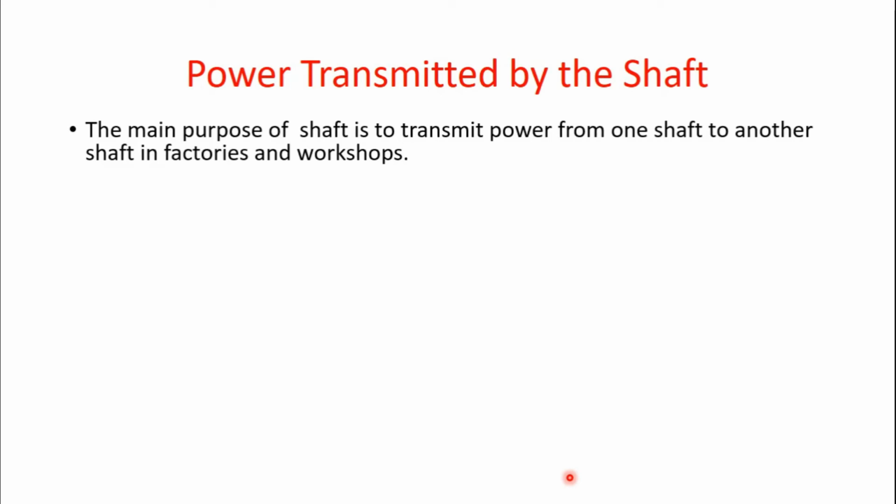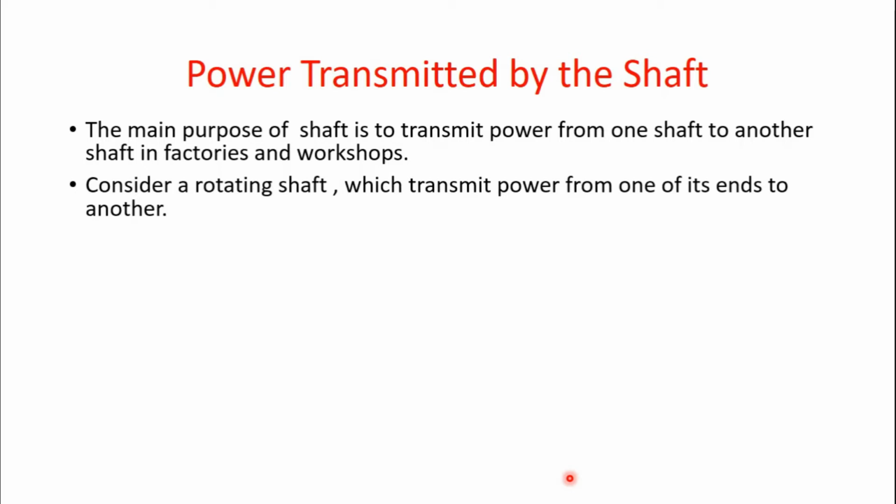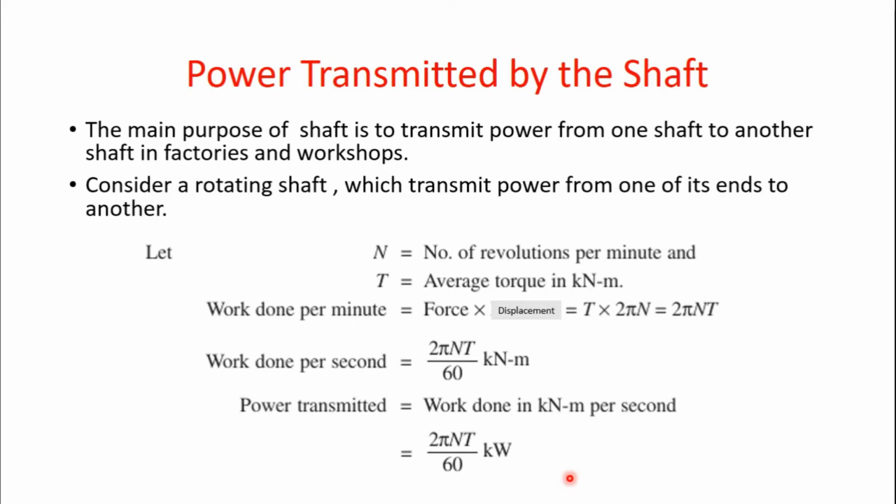Now the power transmitted by the shaft. We all know that the main purpose of the shaft is to transmit power from one shaft to another shaft in factories and workshops. So basically the shafts are being used to transmit power from one point to another point in an engine or in a lathe or so many different engineering devices. So here we are considering a rotating shaft which transmits power from one of its ends to another, and let N be the RPM, T is the average or mean torque. So you need to understand this is the average or mean torque, it is not the maximum torque,